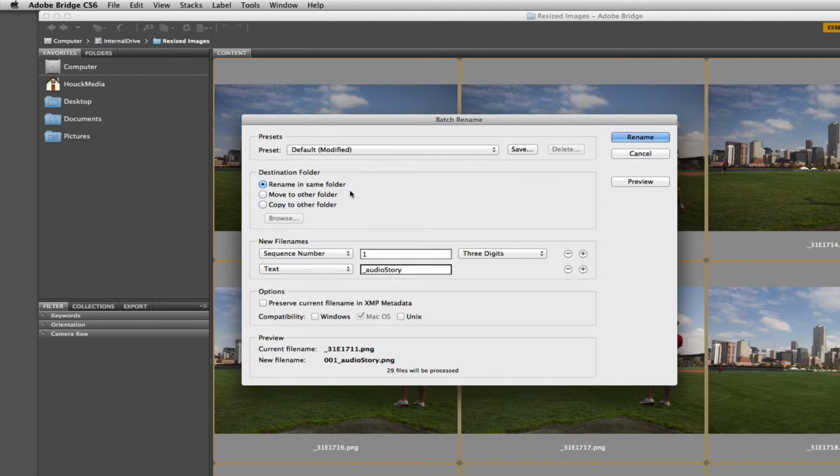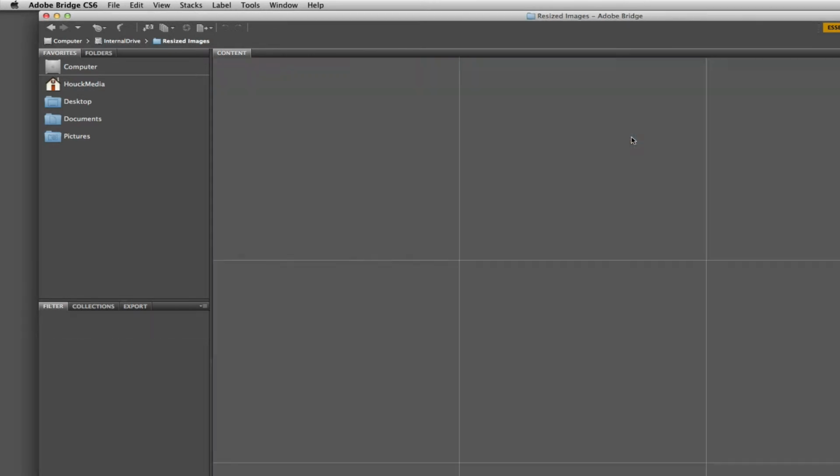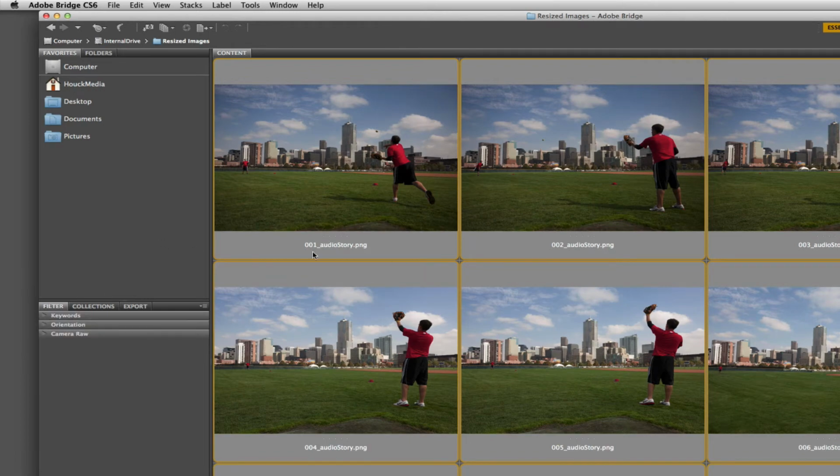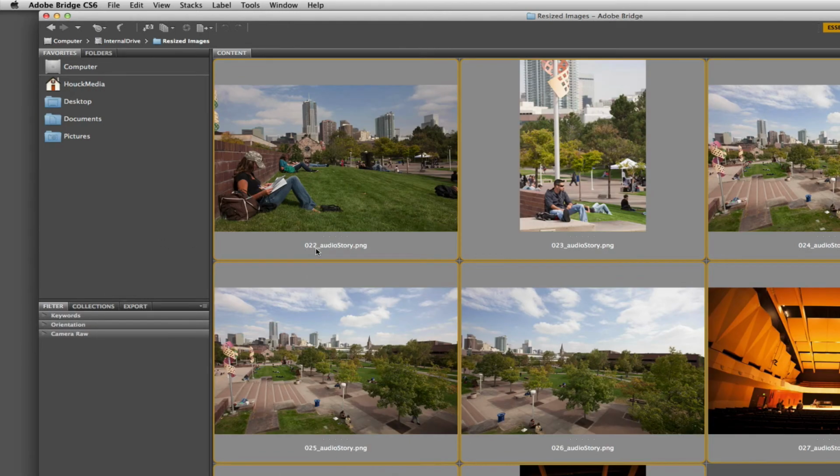And I'm going to rename them in the same folder. But if I was doing a couple projects, I can copy them to another folder and have names for different projects or different uses. So this is quite useful. Then I'll go ahead and click rename. And voila. Now these are in sequence, and when I bring them into